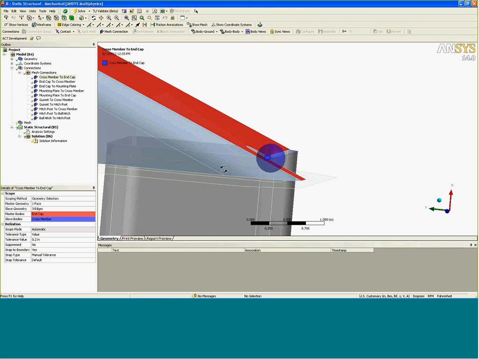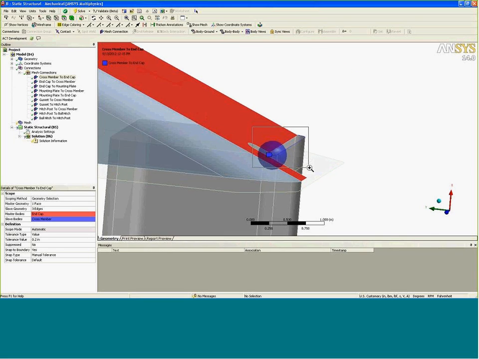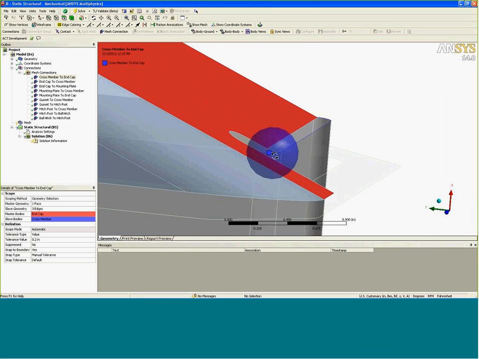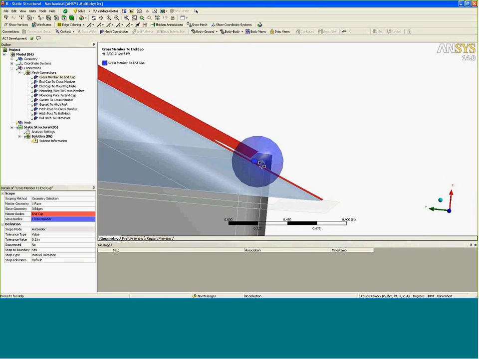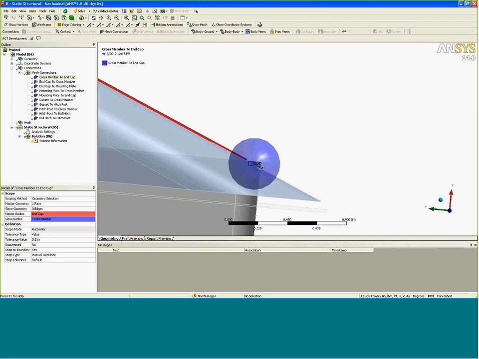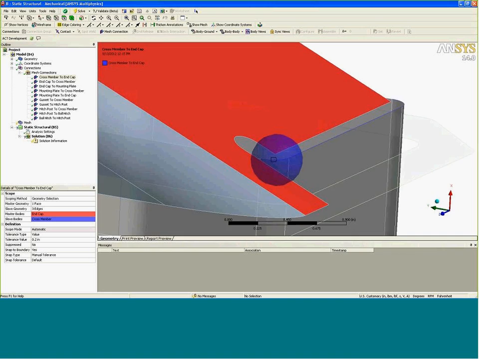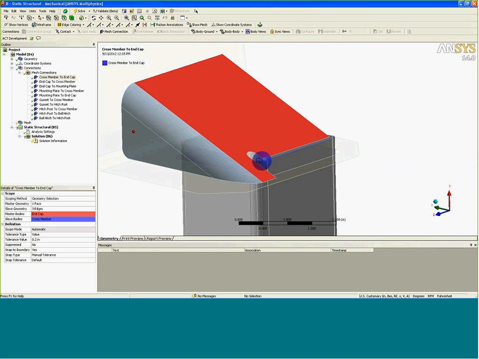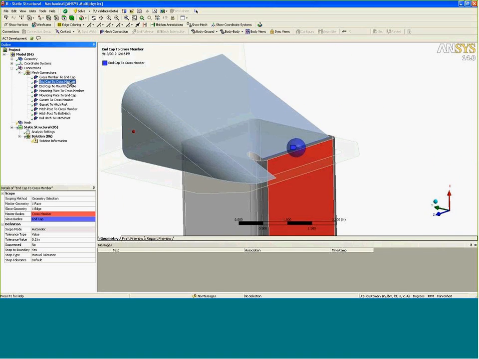So master and slave. The master in this case is that surface, and the slave are these 3 edges that are shown in here. So this means that those slaves are going to move into the master. So all the nodes on that edge are going to move up into this part based on this tolerance, this sphere. If I was going to put a kink in here, it's going to take these nodes and shift them over. I'd really want to take the nodes that are on this red surface and then extend them down here. So I really want the opposite of what's shown here,